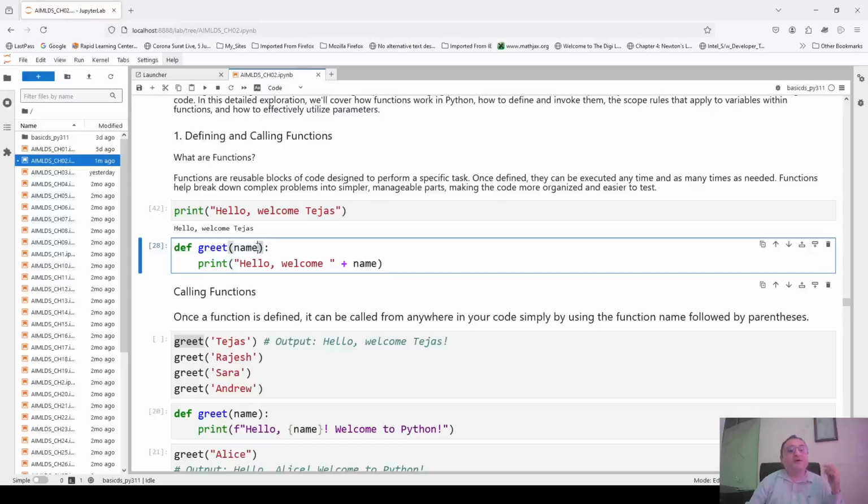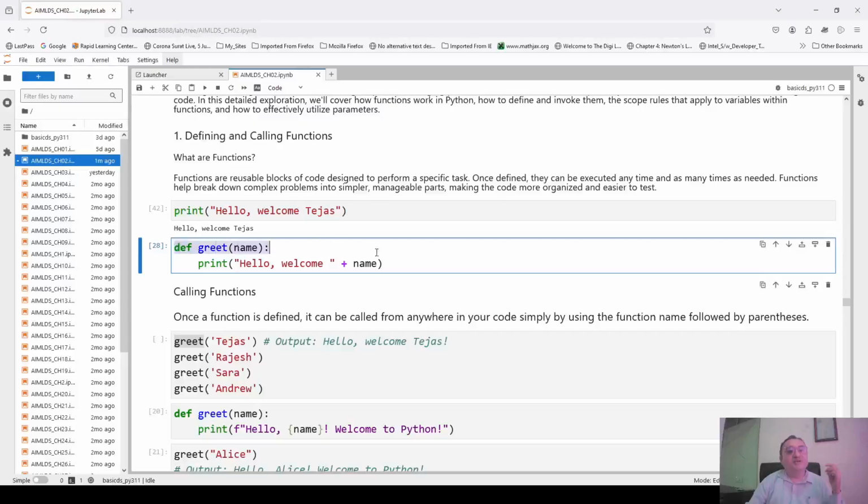Okay, this is called an argument to the function. So here, name, I am passing one argument to the function. The argument must be a string because here it is to be concatenated. You can see that this is a string, and you can concatenate only one string with another string. So obviously the argument which is passed must be a string.